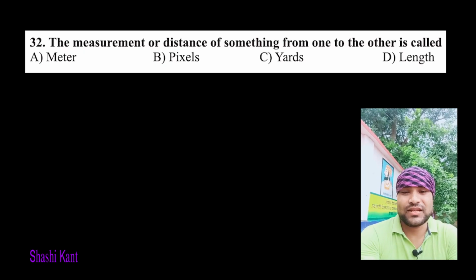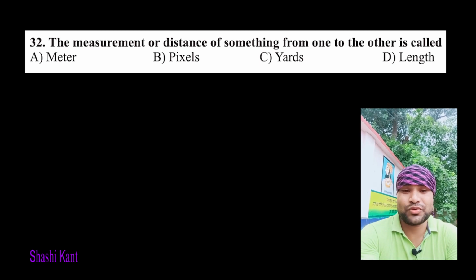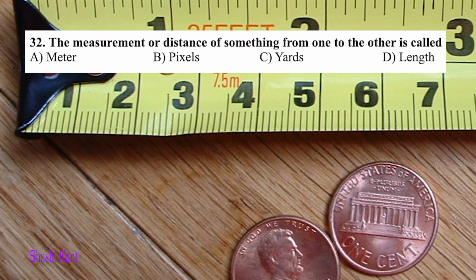Question number 32. The measurement of distance of something from one to the other is called. Options are A, Meter, B, Pixels, C,